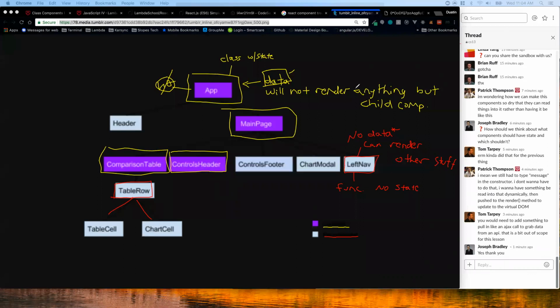So Patrick went on and said that we have to type the message into the constructor. I don't want to have to do that. I want to have something be read into that dynamically, then push the render. Yeah. Yep. All the things. So normally we're not doing something as simple as just,